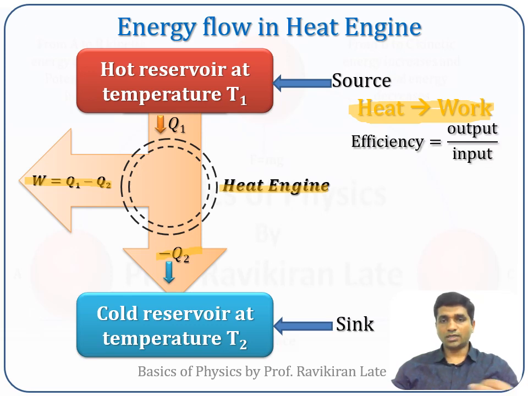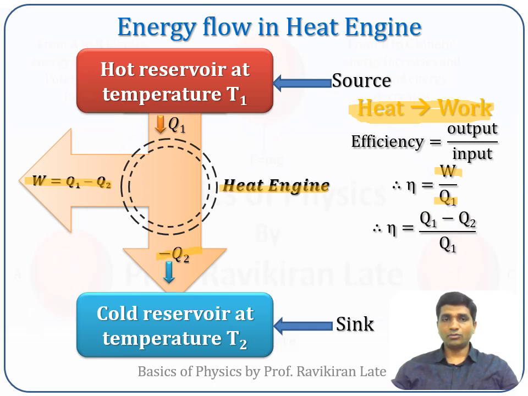If you consider any device, we require its efficiency. The efficiency of an engine is given by how much output work we are getting for a given amount of input heat energy. In this case, W is the work done we are getting, and Q1 is the amount of energy which is provided to the system. So you can write W as Q1 minus Q2, divided by Q1. If you simplify this further, you can write the efficiency as 1 minus Q2 by Q1.